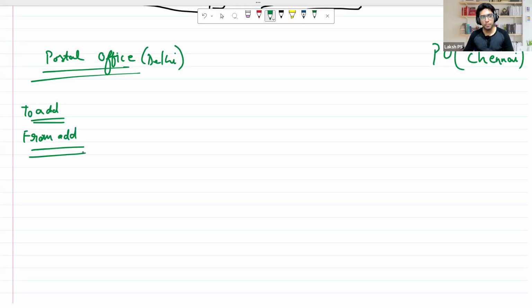These two are very important parts of a letter in order for the post office to send the data to the post office in Chennai. Right now, what happens from Delhi to Chennai? Obviously, if you are not considering airways, and are considering only roadways,